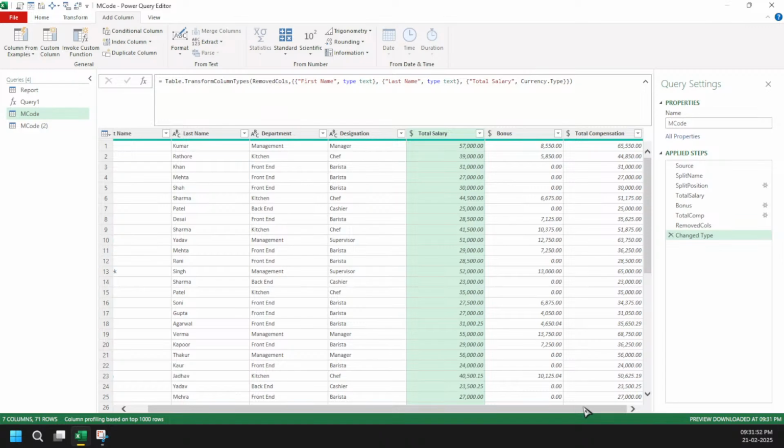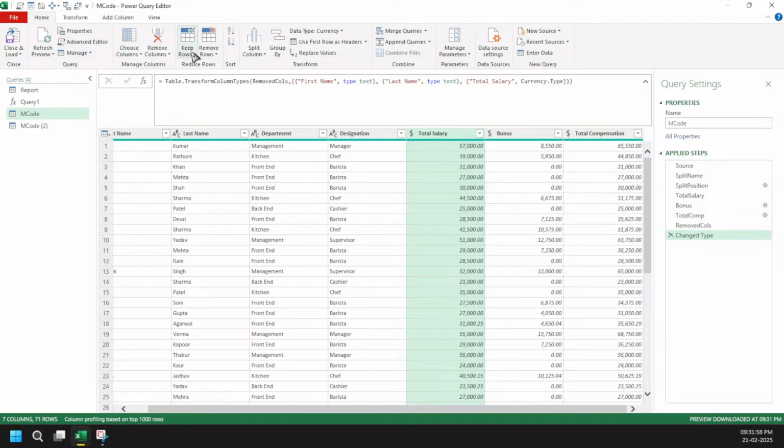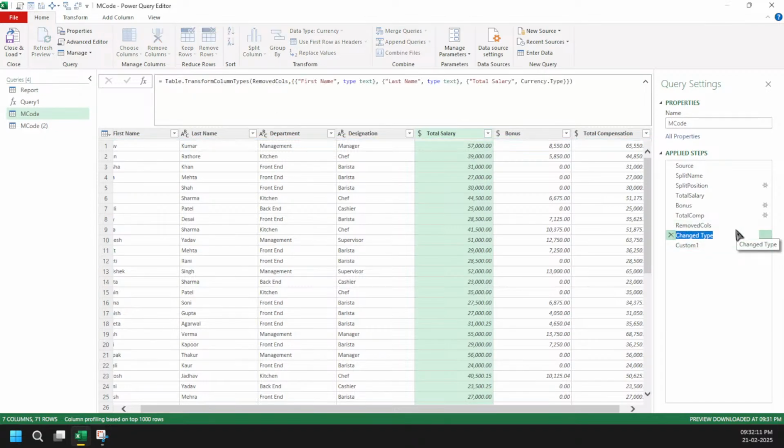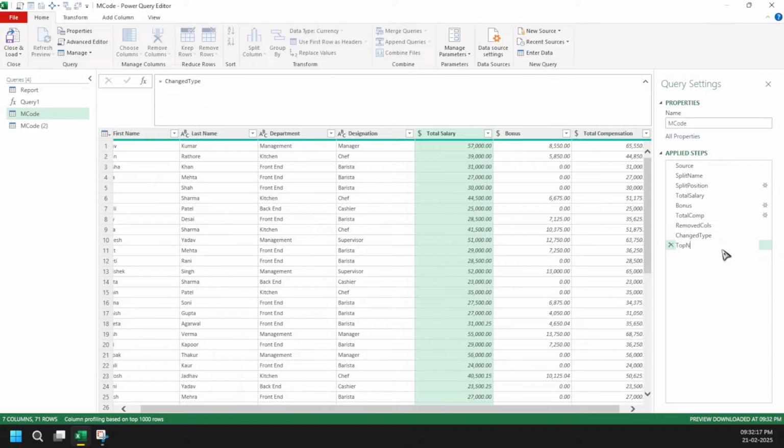Now we need the top 10 values, right? So if you see here, Power Query doesn't provide a UI function here, Keep top 10 values. But is there a function which can allow us to keep the maximum first values? Let's see. So I'm going to say this is my change type, and here I will say this is my top n.